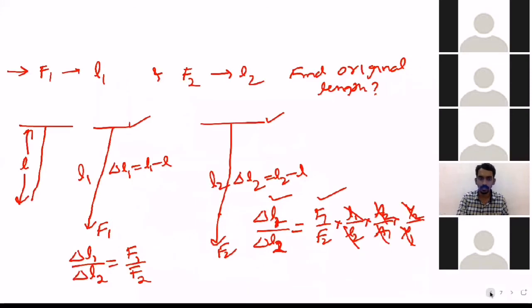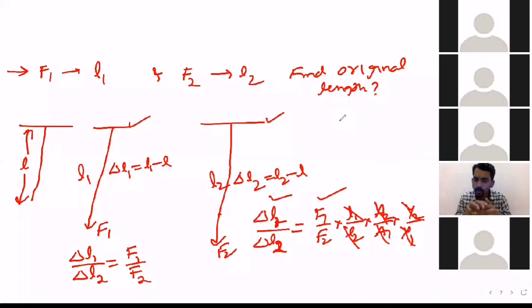Once again, I will just revise this question. Please try to understand. One wire is there. Length is L. First I applied force F1, then the length became L1. Not the increase in length, the length is L1. L became L1. So what is the increase in length? Final length minus initial length, L1 minus L. That is the delta L for the wire when force F1 is applied.